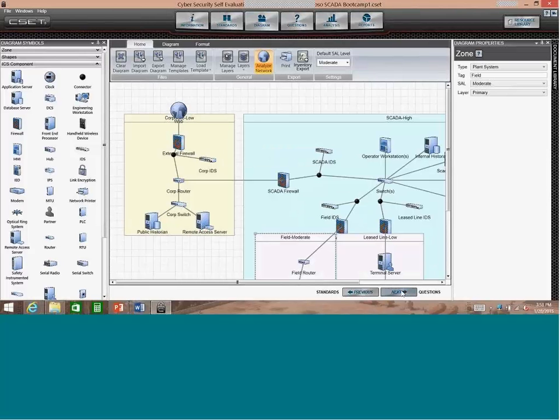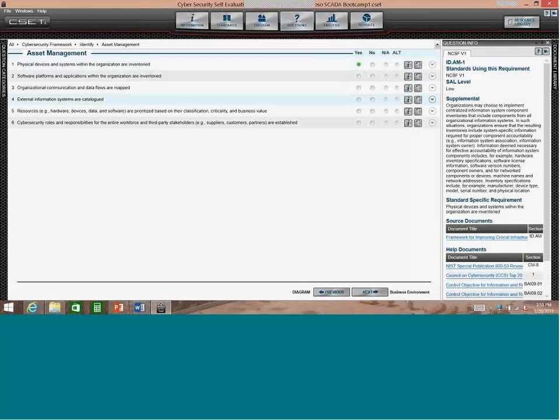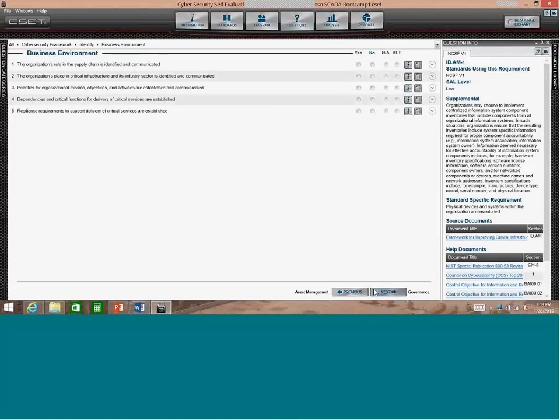As you go along, for asset management, you have to determine whether your physical devices and systems within the organization are inventoried. So you say yes or no. As you select these things, it also gives you some descriptions. If you click on the eye, that gives you a description. You can also add documentation. I know we don't have a whole lot of time, but I just wanted to give you